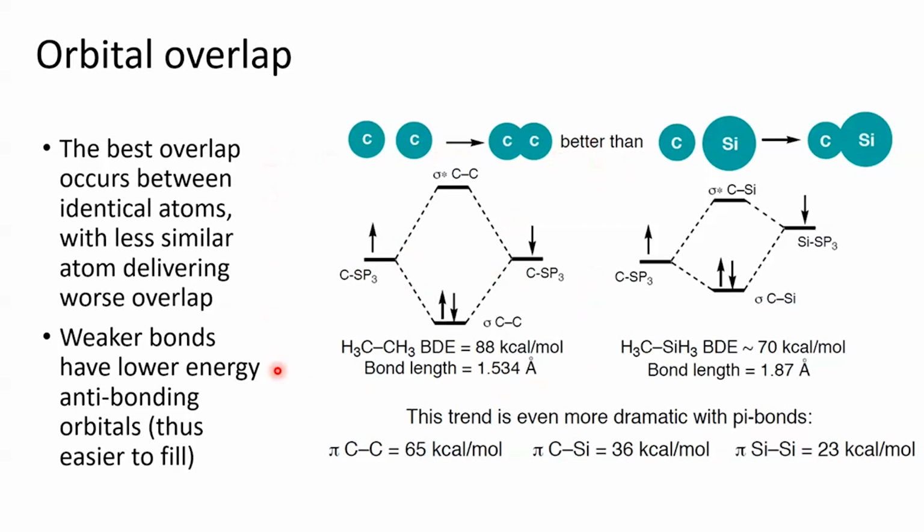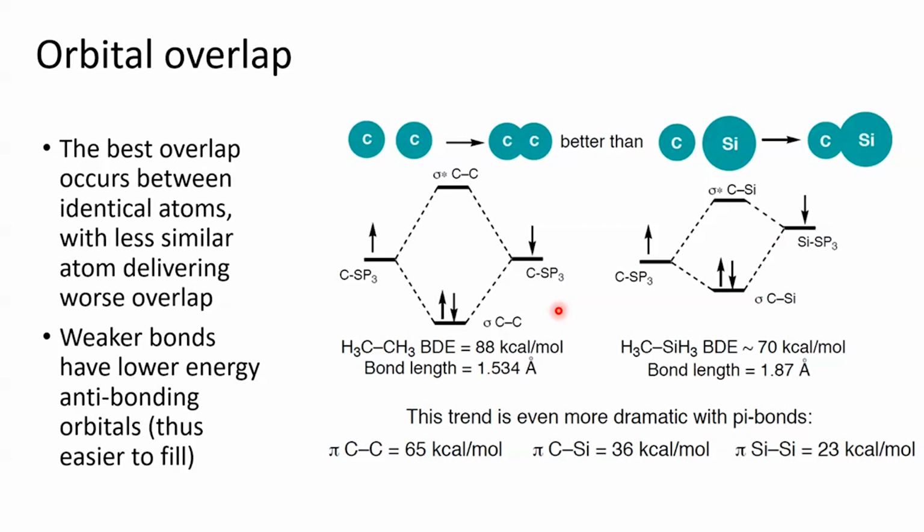So we can compare this bond between an sp3 carbon and another sp3 carbon that have equivalent energy, and then look at the same sp3 carbon, but this time we're looking at an sp3 silicon, which is beneath carbon in the periodic table. And we can see that the energy levels of the atomic orbitals are now mismatched. Because of that, when we combine them to give the molecular orbitals, the lowering in energy of combining them is less than if you were combining the same types of atomic orbitals together. So comparing these 2 molecular orbitals, you can see that a carbon-carbon bond is going to be stronger than a